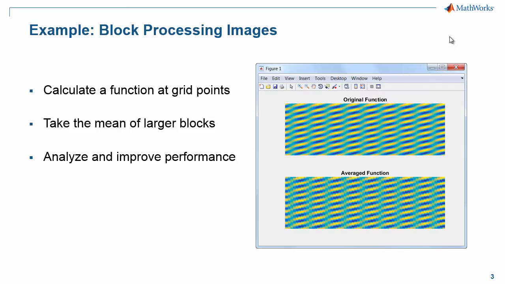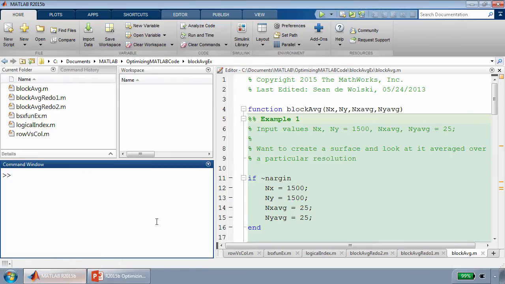Our very first example, we're going to jump right into it, is going to be to build an image, and then take the mean of a bunch of blocks in that image. Let's just jump right into MATLAB. So our goal for this example is we want to take block average, the function you see on the side here,